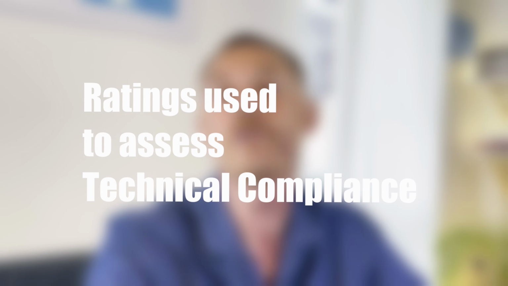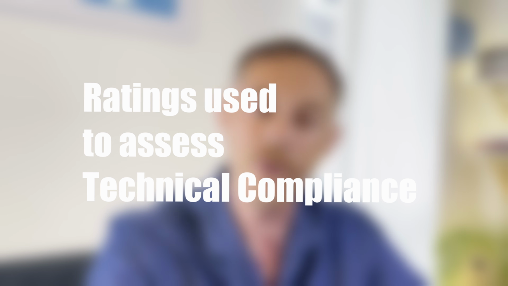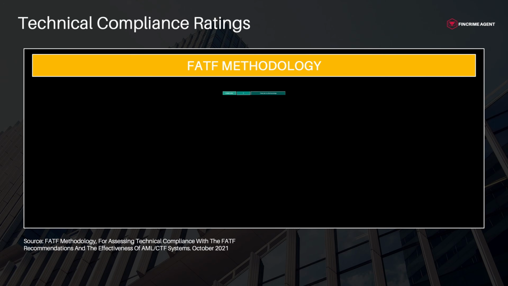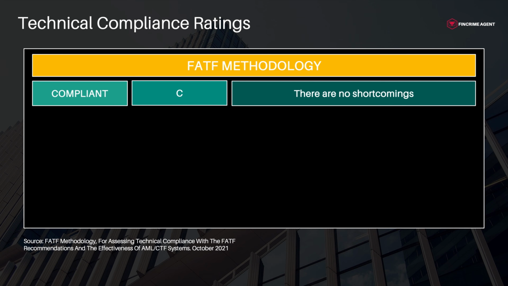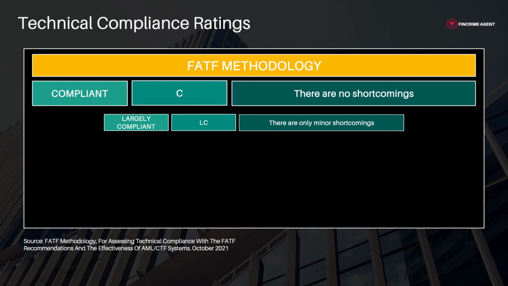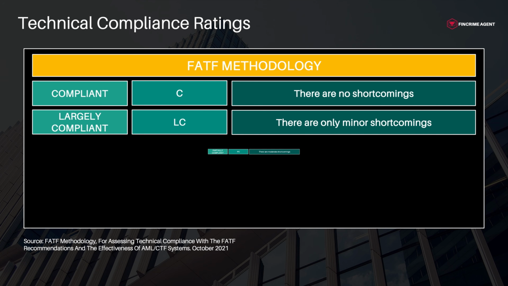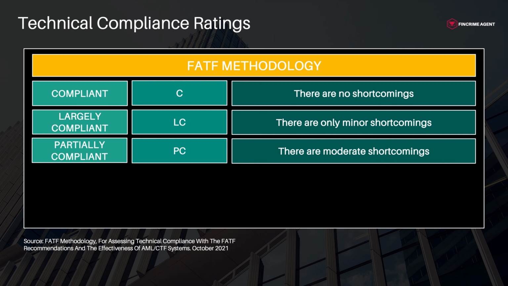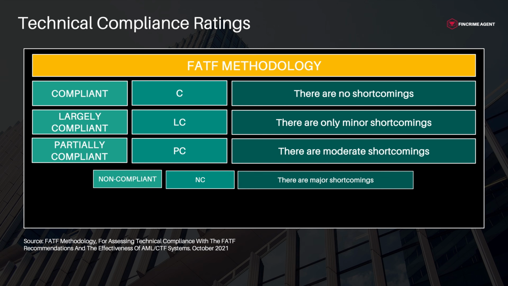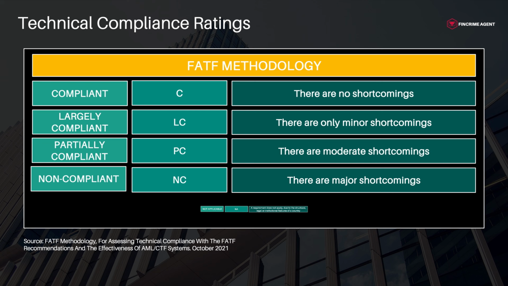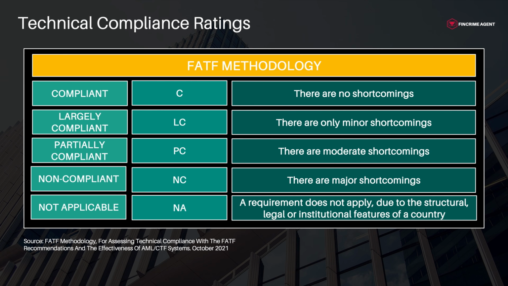So let's see which are the ratings for assessing technical compliance that can be provided for each FATF recommendation. Compliant, used when there are no shortcomings. Largely compliant, used when there are only minor shortcomings. Partially compliant, used for moderate shortcomings, and non-compliant when there are major shortcomings. The non-applicable rating will be shown when a requirement does not apply due to structural, legal or institutional